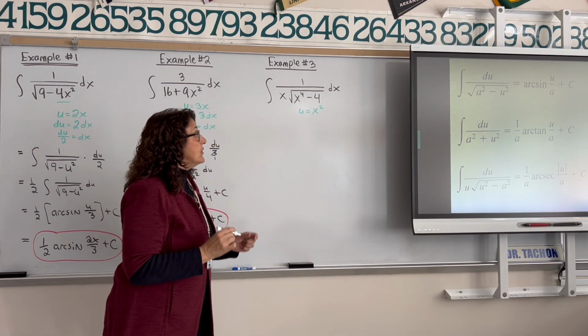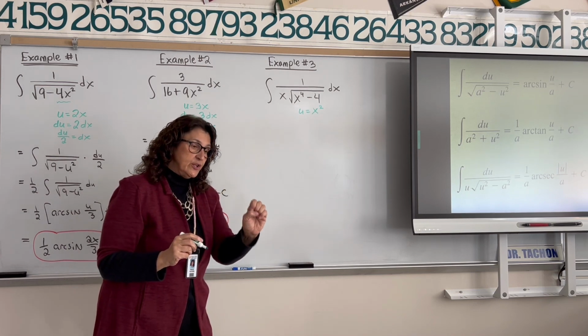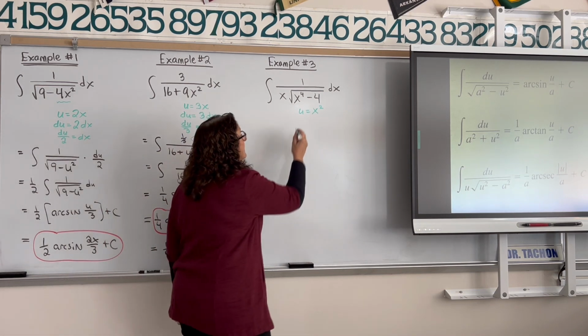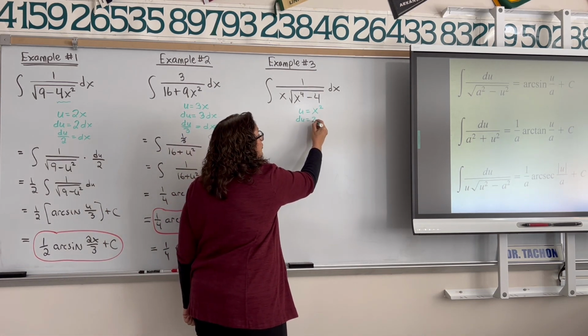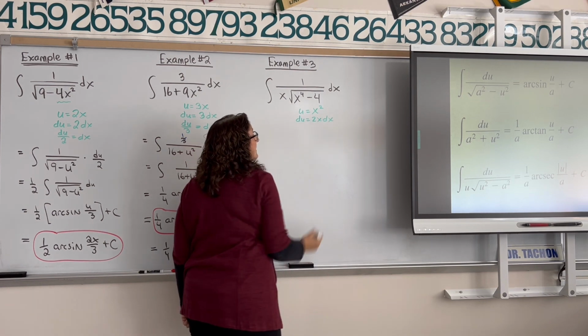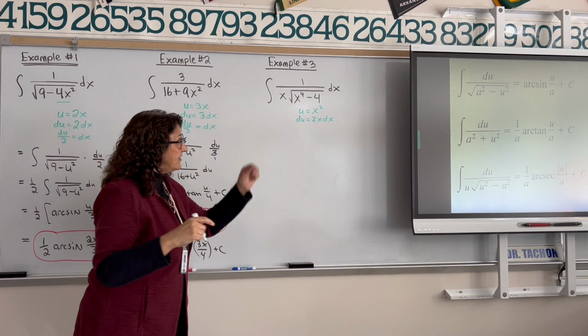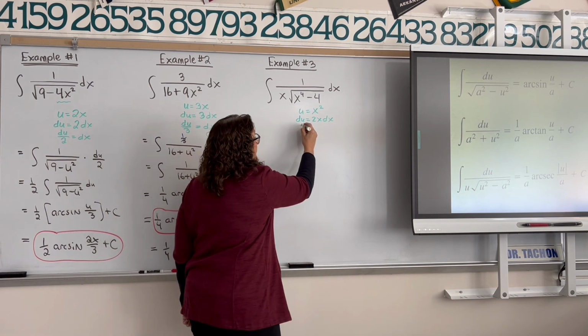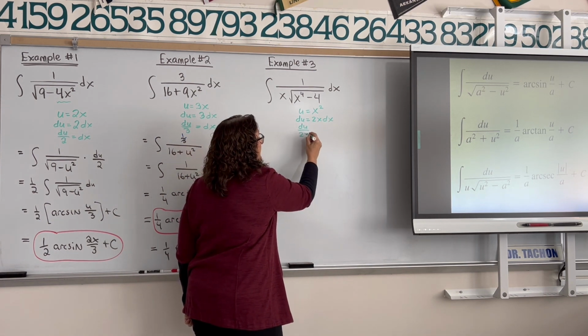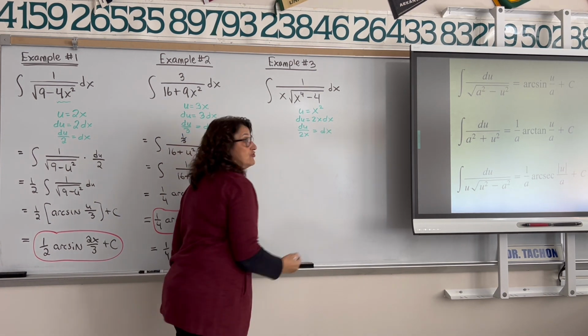So u is x squared. That's how you want to start this. Identify where u squared is, take the square root, okay? Then we need the differentials. So 2x, take the derivative times dx, all right? I like to go one more step, get dx by itself. So divide out the 2x both sides, just move it over to the other side, and here's my dx substitution,